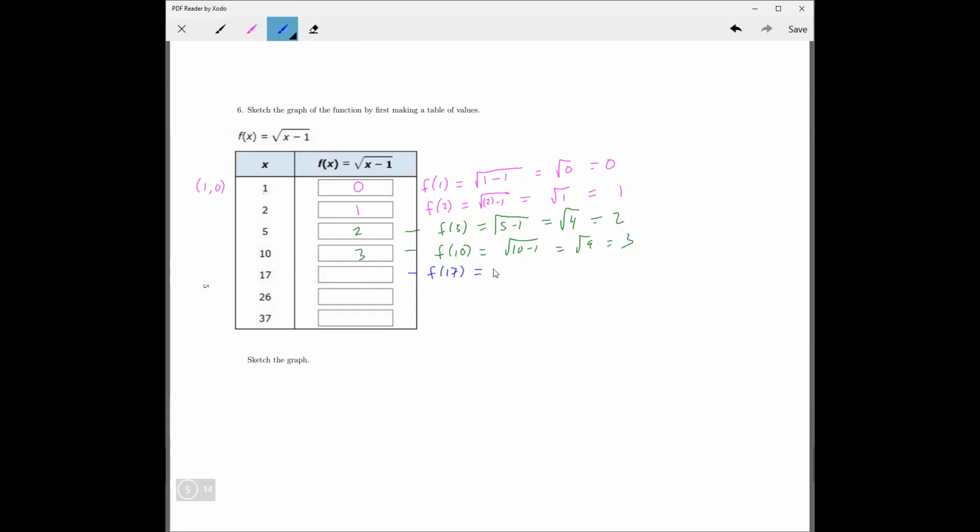So f of 17 would be the square root of 17 minus 1, which is the square root of 16, or 4. And then this is 5 and 6. Okay, now these ones go 1, 2, 0, 1, 2, 3, 4, 5, 6. Okay. So now we see that these are all positive and these are all positive, and these are bigger than these. So maybe